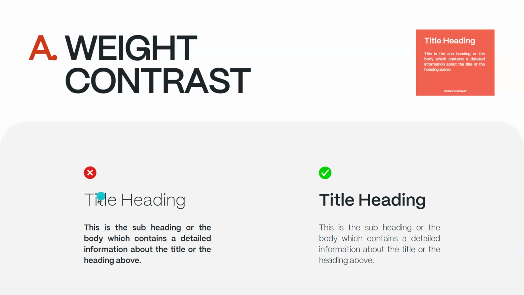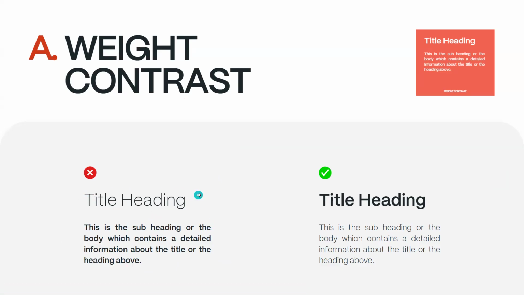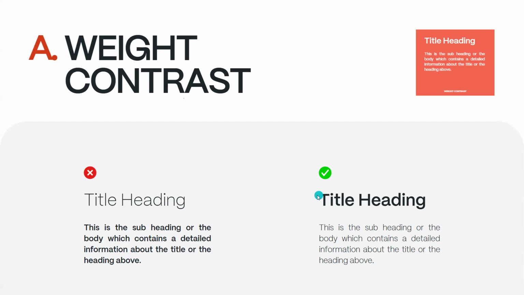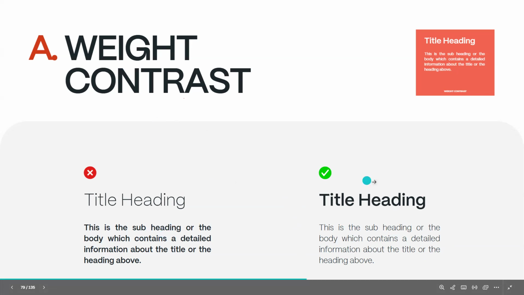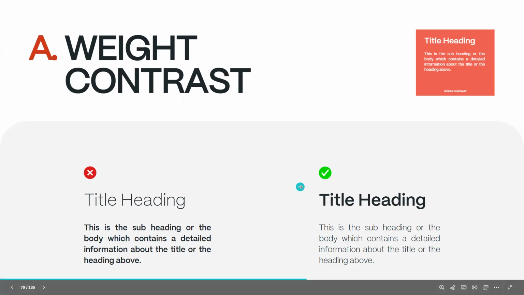That means, if you look here, consider it as a paragraph or a design poster. The main subject is thin as compared to the body. But if you look here, it is creating a visual harmony because it is guiding your eyes to look at it first, then to read this one. So by using weight, this is thin, this is bold. By using weight, you can differentiate the font or create a visual harmony.